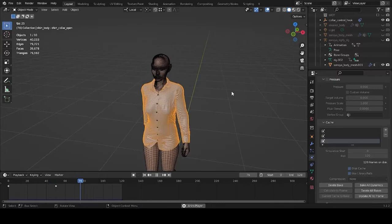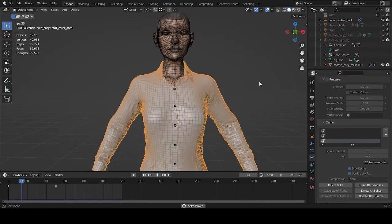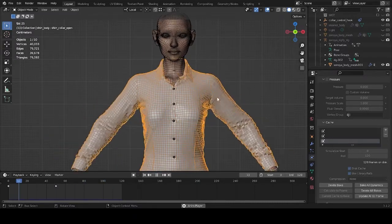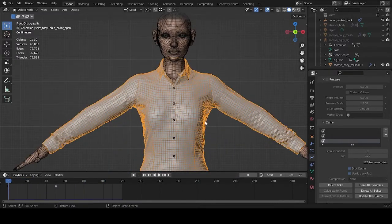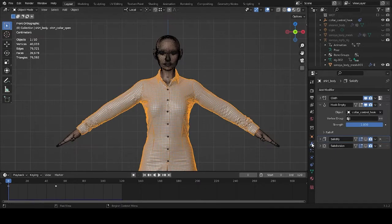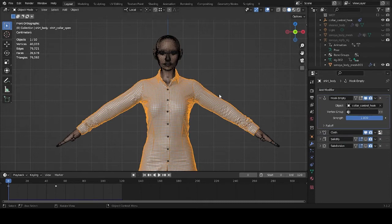And okay, that really hasn't given any effect, and probably the problem is actually here. If you go back to our modifier properties, you would notice that our hook modifier is actually under the cloth, and we have to make the hook the first. So if you haven't known this,